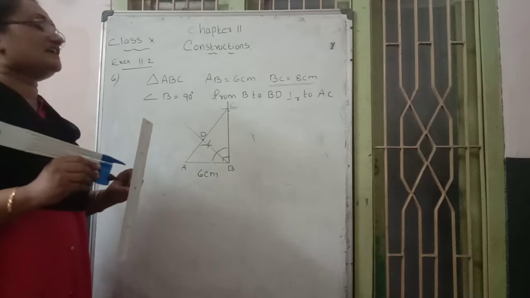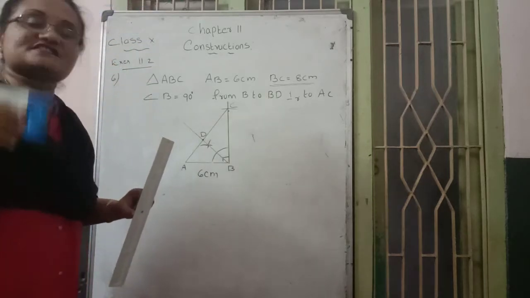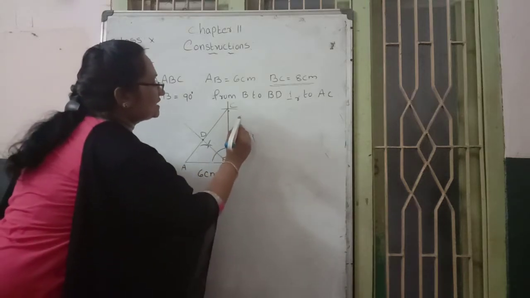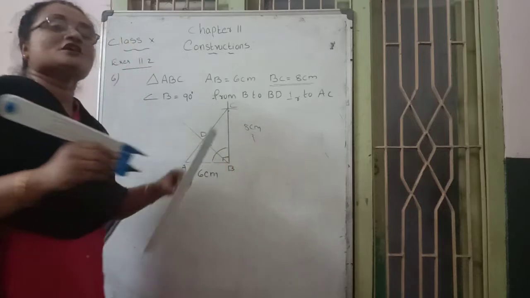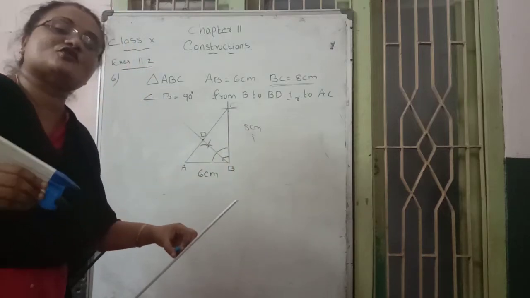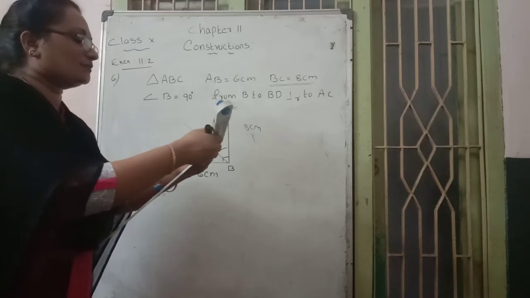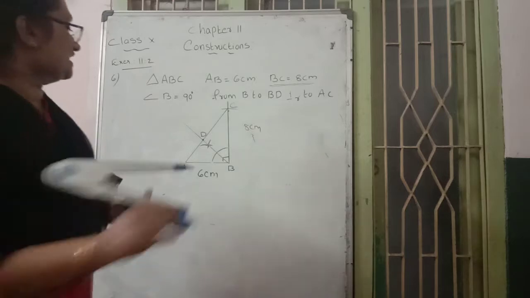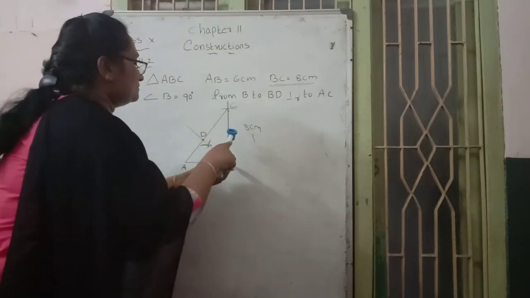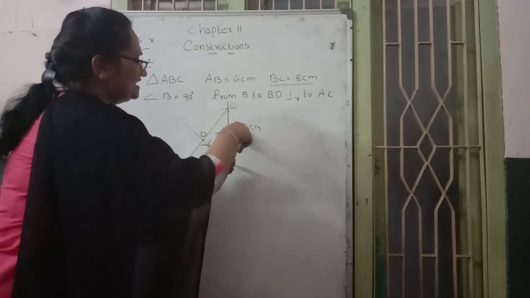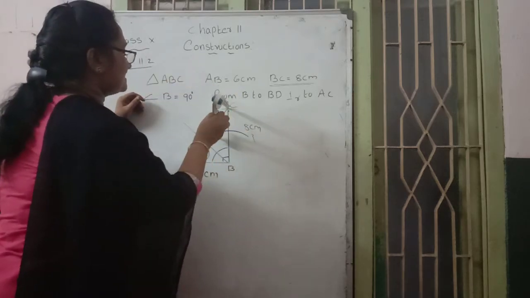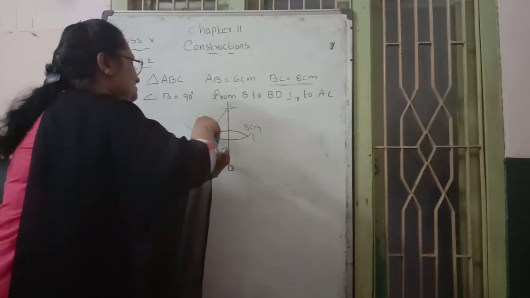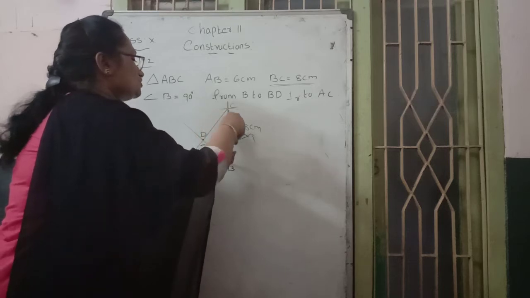Then afterwards, what do we want to do? Draw the circle. First circle: how to draw it with the help of BC. BC is 8 centimeter. More than half; half of 8 is 4, so more than half means 4.5 centimeter. Take that in your compass. With B as center, first draw a semi-arc. In the same way, with C as center, draw the opposite semi-arc. Adjust so that both arcs touch and intersect. Here these two arcs are intersecting.